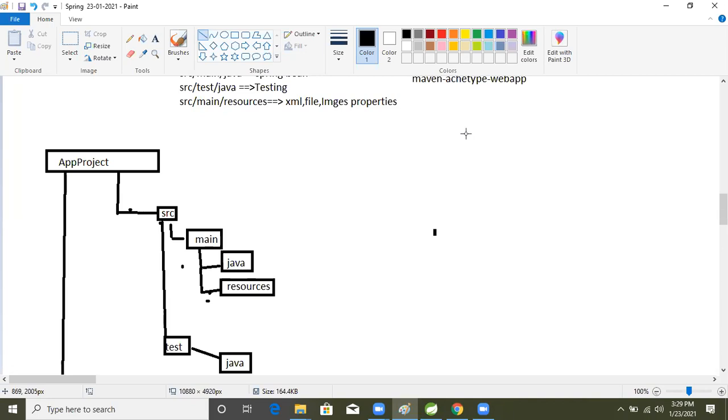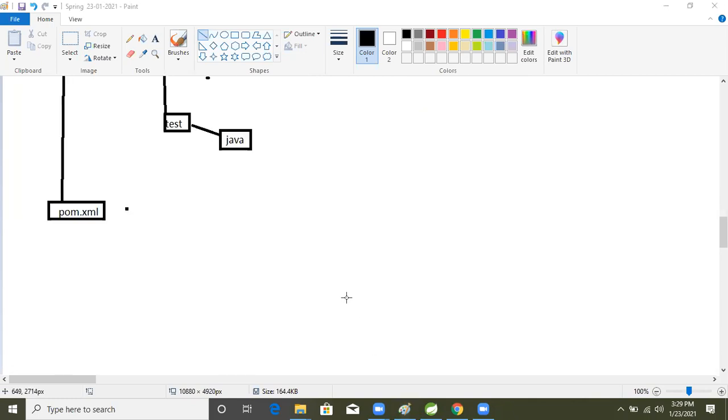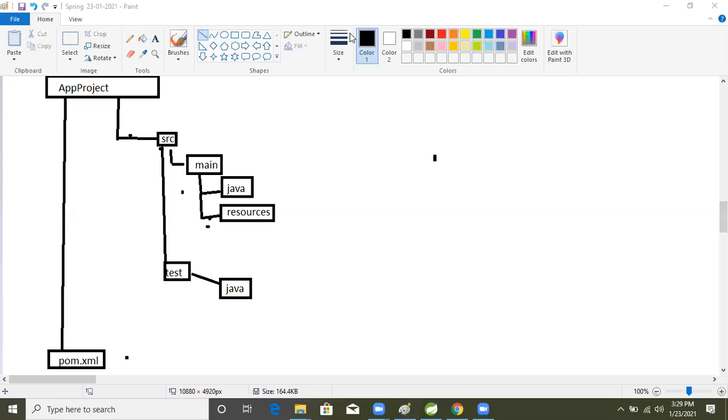An IDE is just to develop the program, so don't worry about it. If you face any issue at the time of development, ping me and I will help you. But for the first application, everybody has to do the practical.